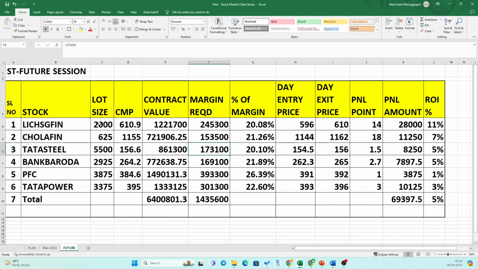This scanner I am also using regularly. And for this future contract, minimum 2 lakh is required. For trading future contracts, those who have a minimum of 2 lakh can only trade in the future. Anyway, for a small amount, around 25 to 50,000 rupees, we will give the option